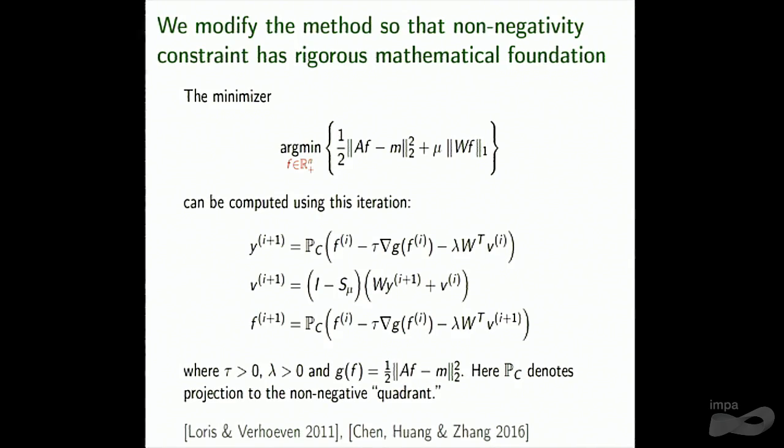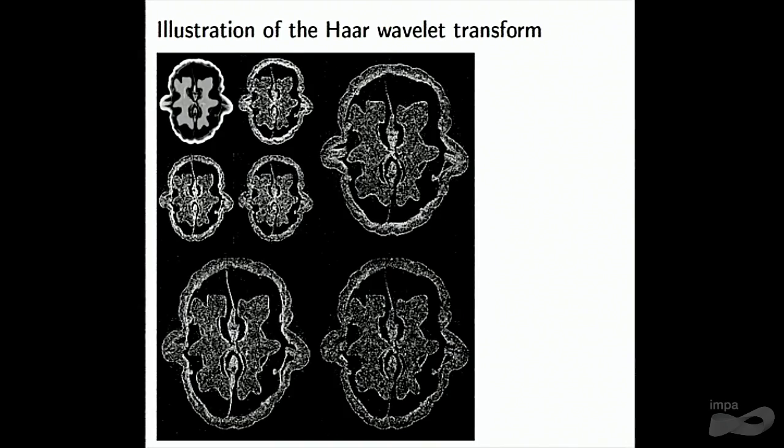So this has a mathematical convergence proof. It will compute the minimizer of this one. And then we use here just the Haar wavelet transform. Of course, it has discontinuous building blocks. But there is some, I